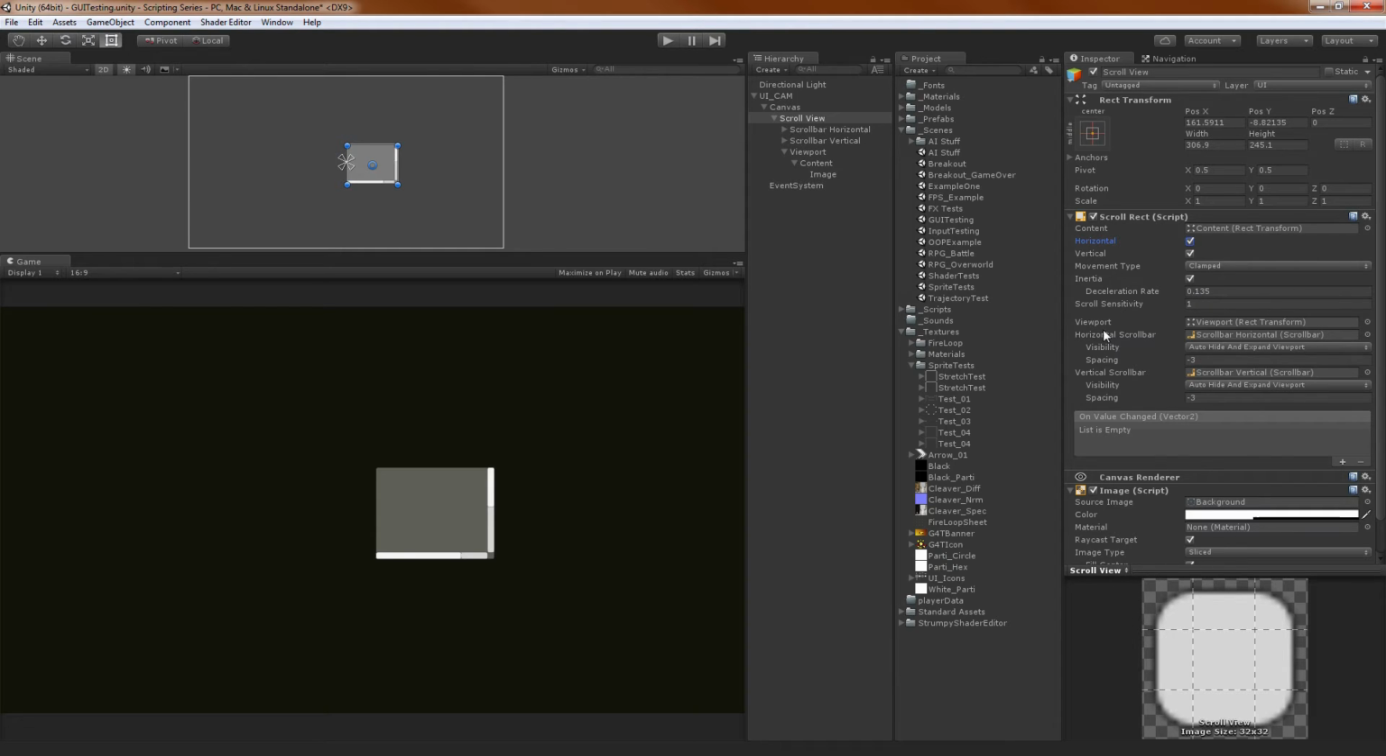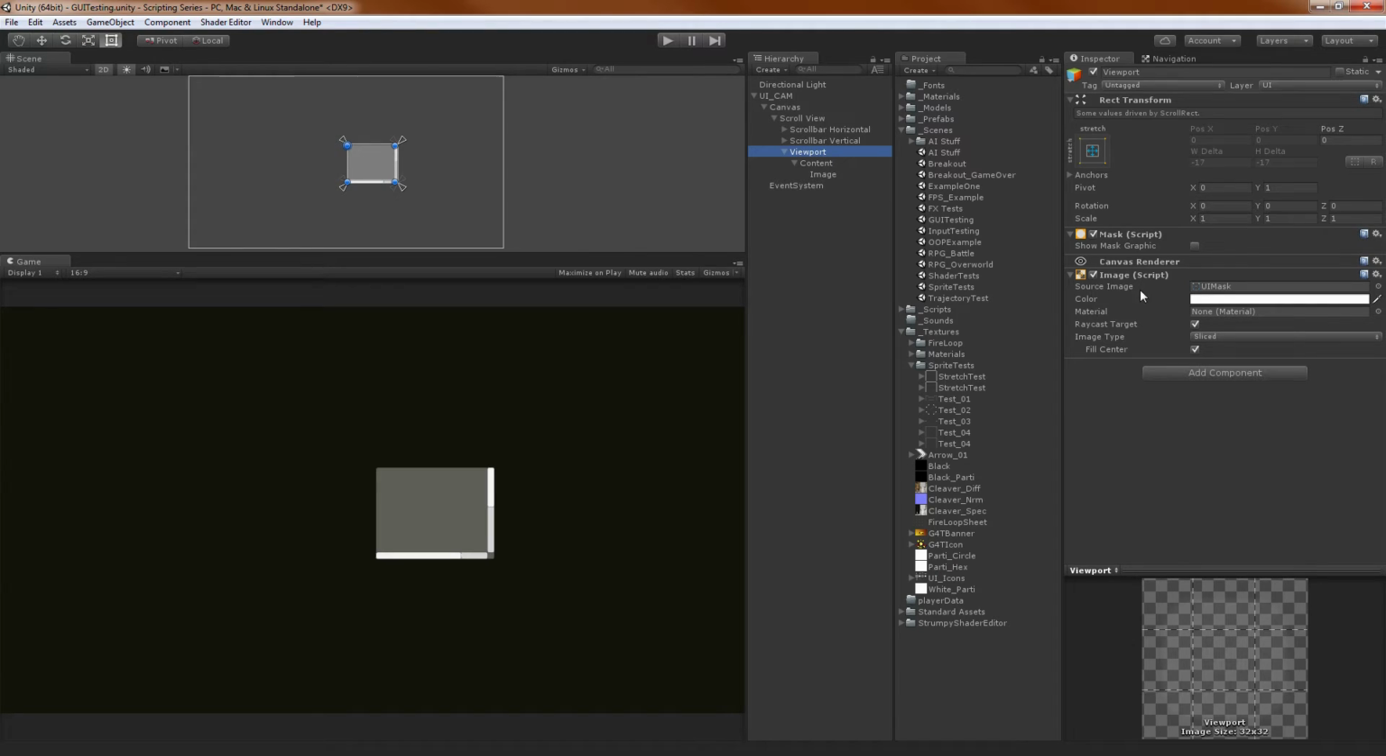Yeah, so a scroll view is probably one of the more complicated things, but they're cool and useful. I'm using one in a game that I'm making. You can use them, and all the parts of it are hooked up in here. So if you wanted to change the way the background looked, you could look at the viewport, and then change this UI mask to be something like our stretch test. Wait, no, that's not what you want. You want